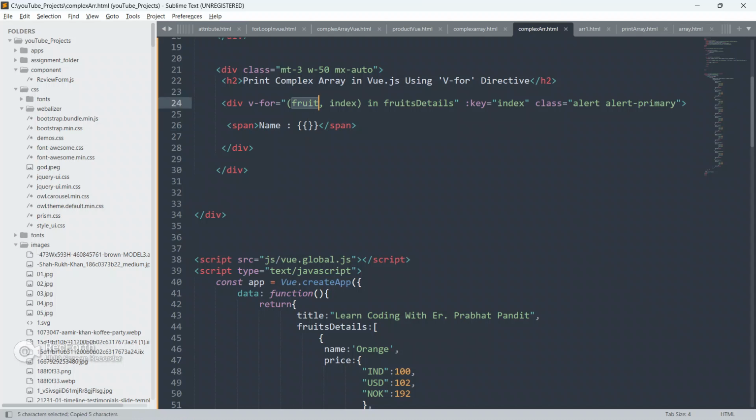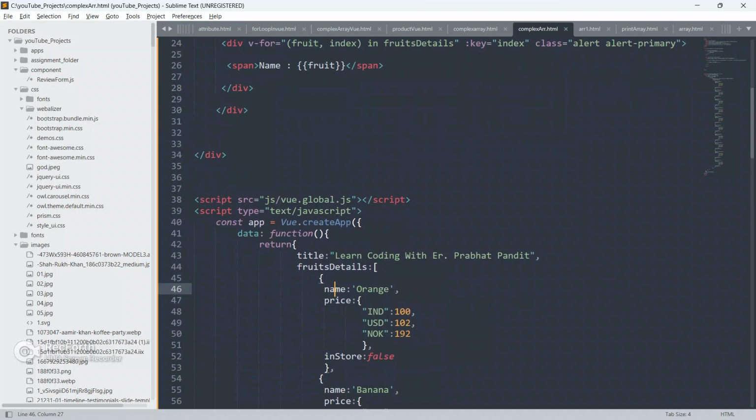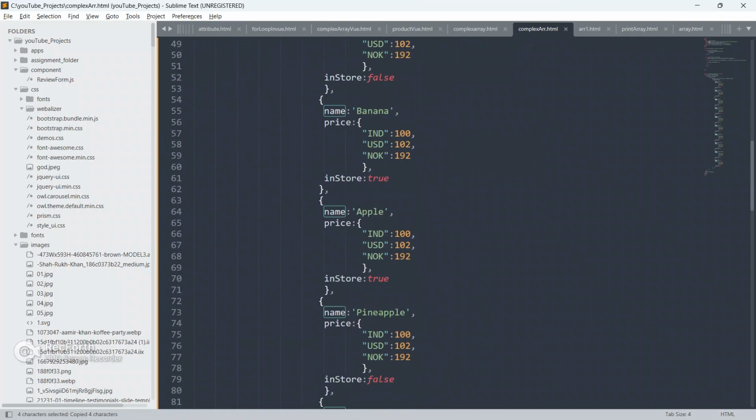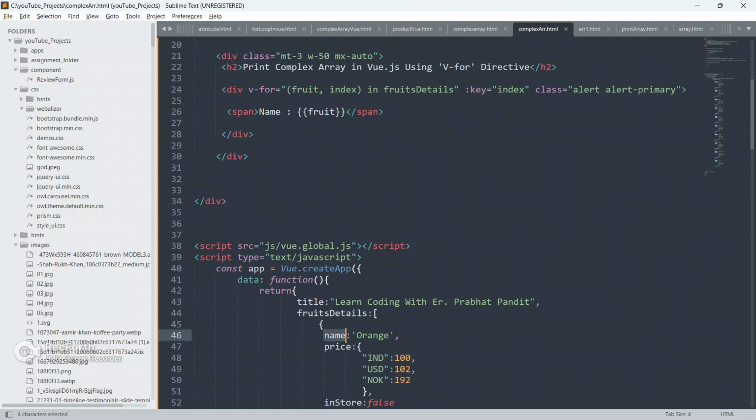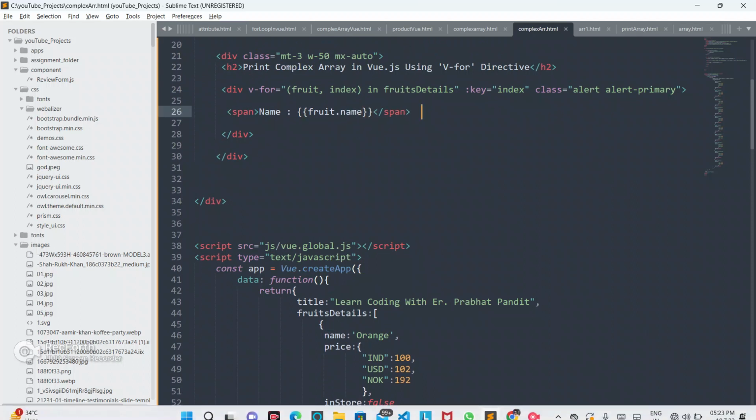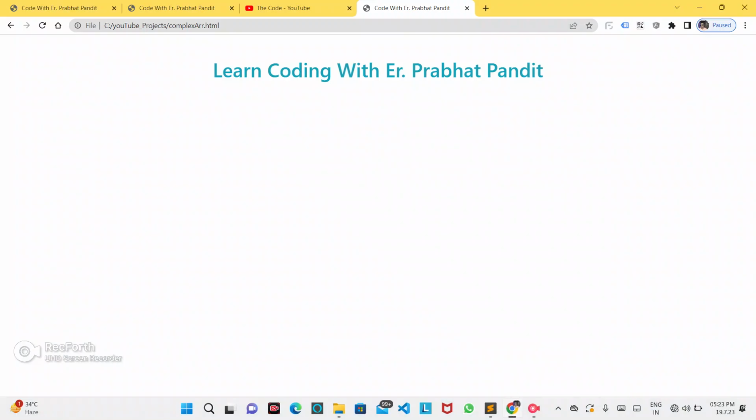Okay, so now I am gonna use this fruit, because it will store each and everything from this array, and here I am gonna do dot name, this name guys. Okay, fruit dot name.